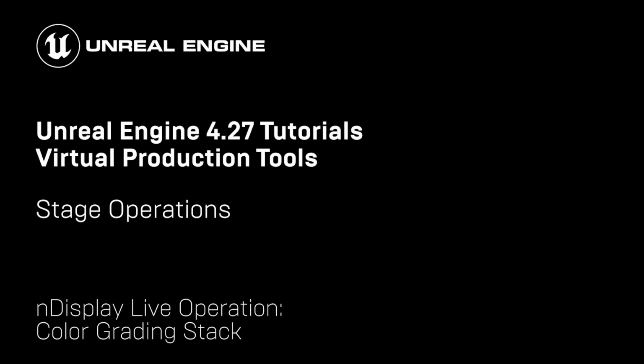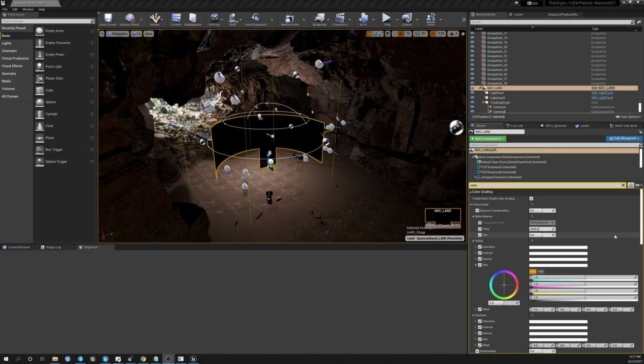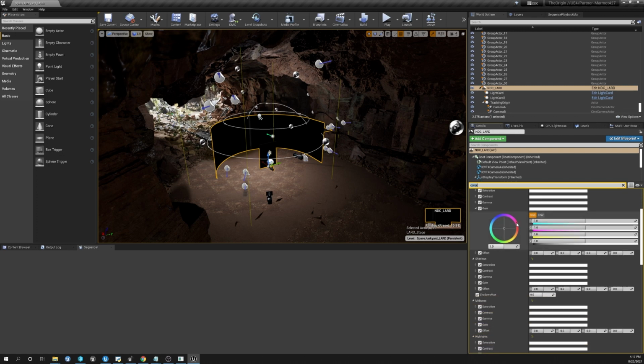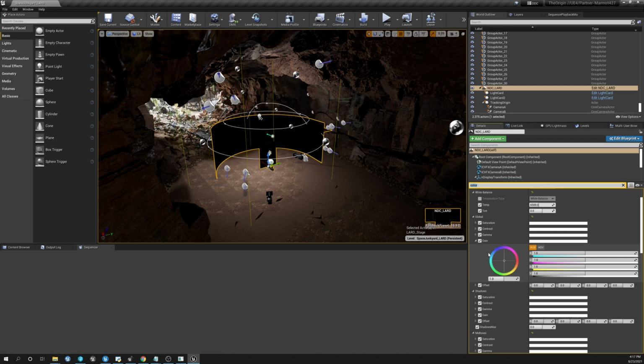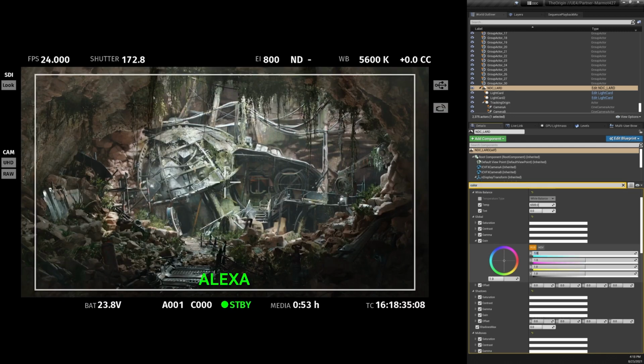Over the course of a shoot day, you may find that you need to do additional color grading directly to the wall, in addition to whatever you're doing further down your color grading pipeline. In order to do this, we can go to our end-display actor, go to our root component, search for color, and you'll come across this color grading settings. This is a stack of post-process settings that can be applied to individual viewports, the entire cluster, or the ICVFX camera component. To start, we'll go with the entire cluster settings. You can see this is a set of tailored post-process settings specifically for color grading. So to make some change obvious, we'll go to gain and we'll increase the red channel.